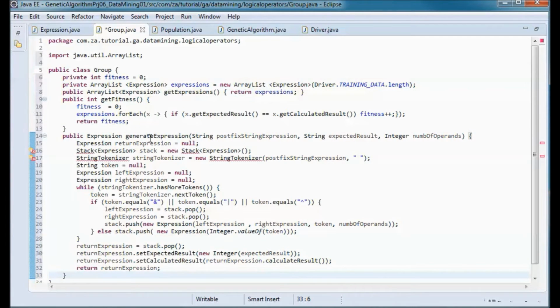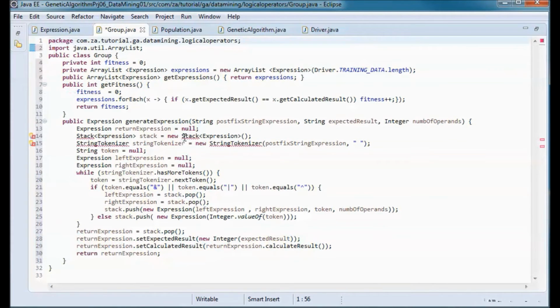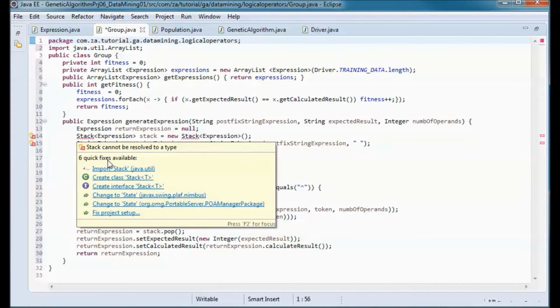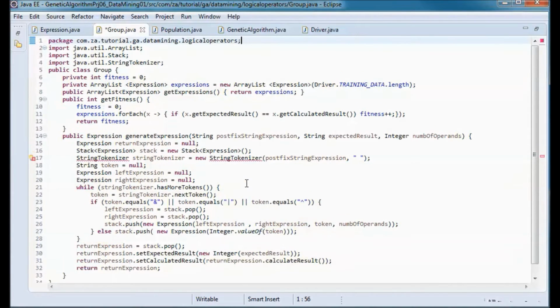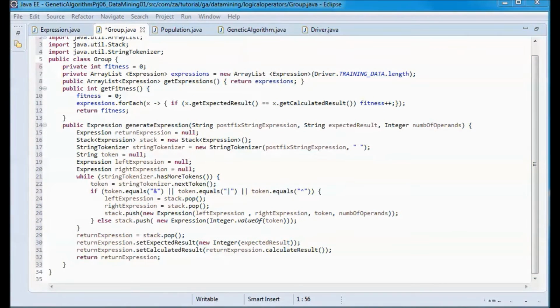And we will have a generate expression method that takes in a postfix string expression and an expected result and a number of operands, and returns an instance of expression.